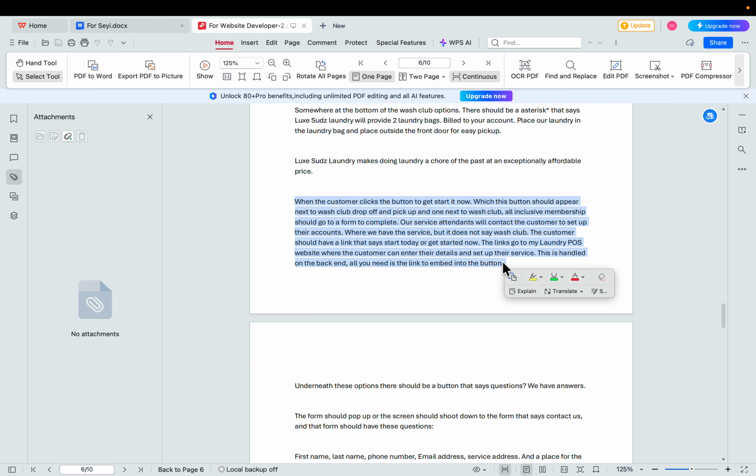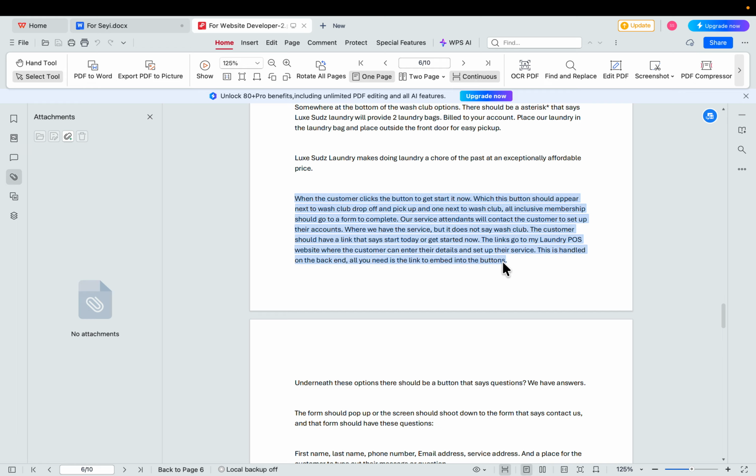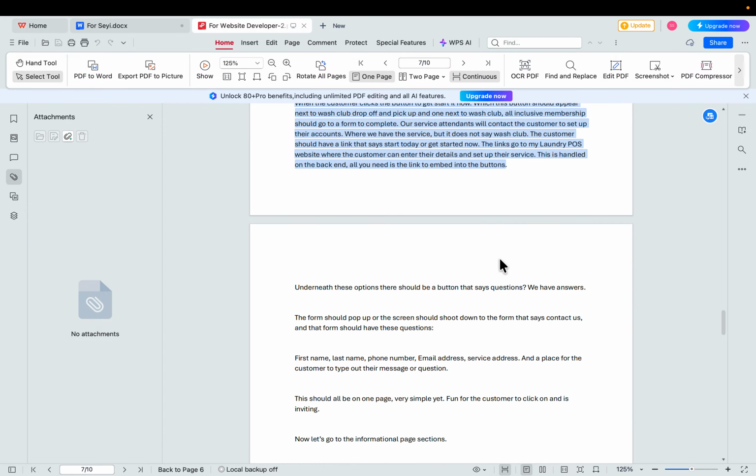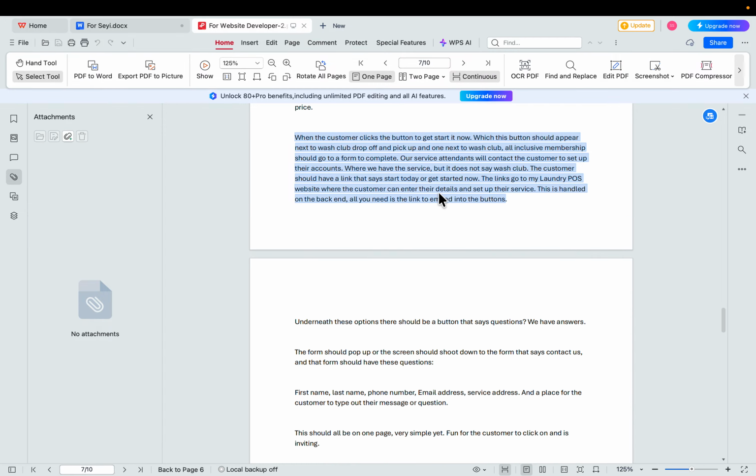But here's the thing: what happens if we remove the form, and when they click on Watch Club or Watch Club Elite, we replace it with a link that links to my POS system, and they can just choose it there? Then they won't see that information. You see what I'm saying? So that's why I think it should go at the bottom of the website. So let's talk about this one.